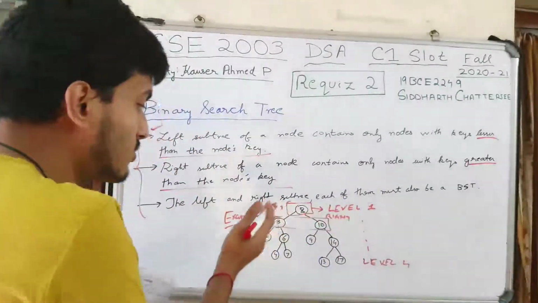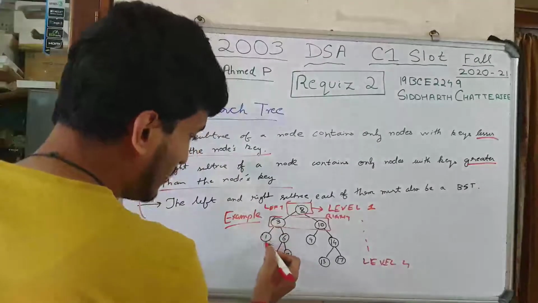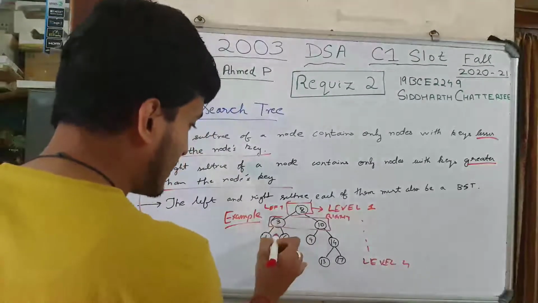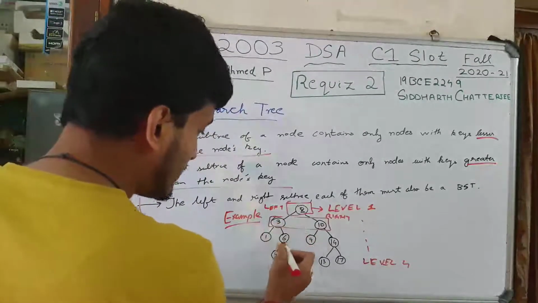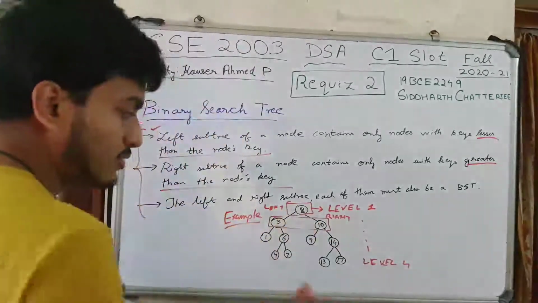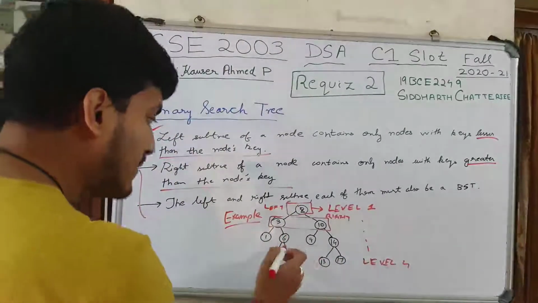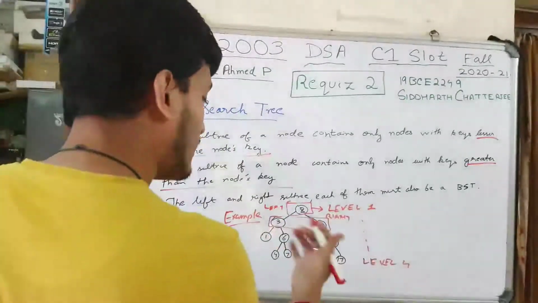Not only this, you also have to break it down into smaller subtrees. The left of this will be 1. 1 is less than 3, it matches. The right of this subtree is 6, 4, 7. 6 is greater than 3, so it matches. 4 is less than 6, left, correct. While 7 is greater than 6, right, correct.